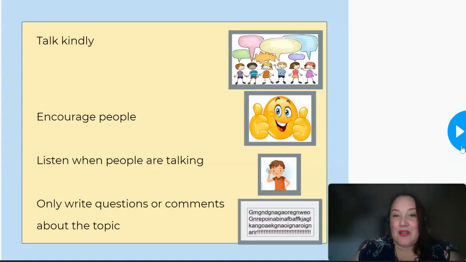Now with the chat button, remember the rules are that we have to talk kindly. We want to encourage people because we want to support them and we want people to feel really encouraged to speak up and share with us. We want to listen when people are talking and only write questions or comments in the chat that are about